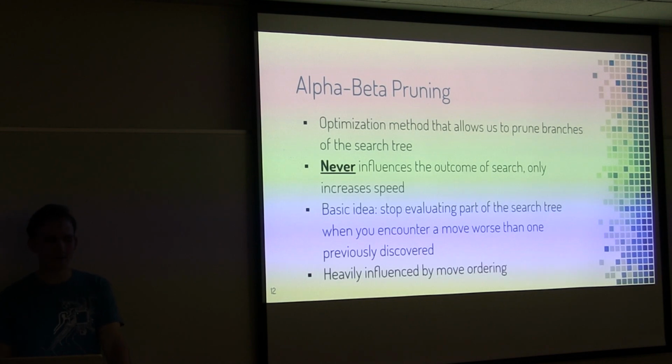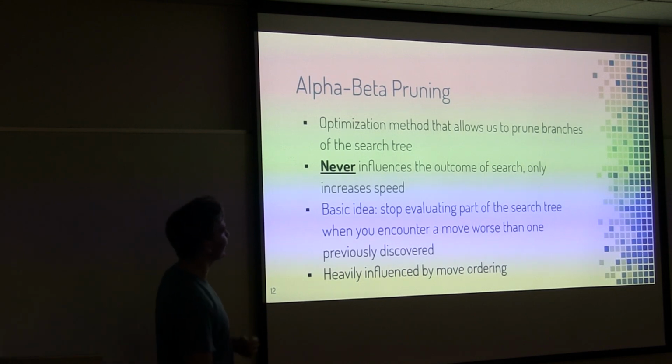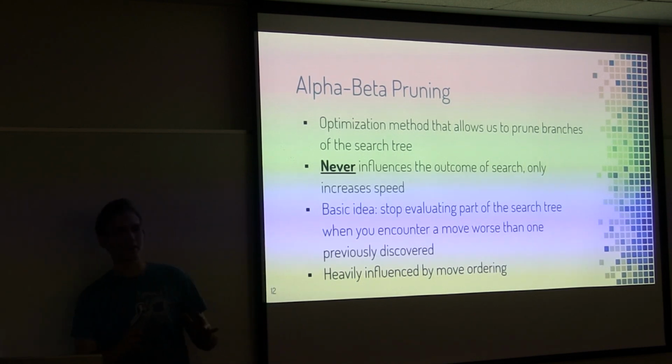So here we have alpha-beta pruning, which can be applied to basically any tree search method used by an engine. The crux of alpha-beta pruning is, well, we mentioned the massive state space of chess earlier, which is 10 to the 123rd power. Just inconceivable to compute, completely intractable, really. But through efficient pruning, we can actually get significant depths. So we don't actually have to search every node in the tree, because some moves just aren't worth checking out. And the really impressive thing about alpha-beta pruning in particular is that it will never influence the outcome of a search.